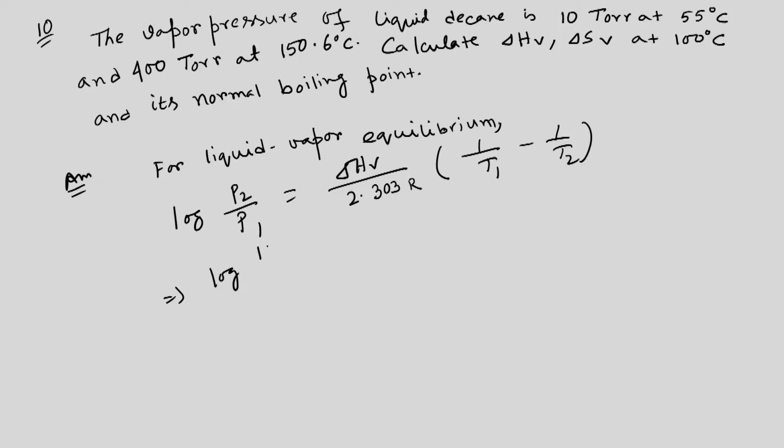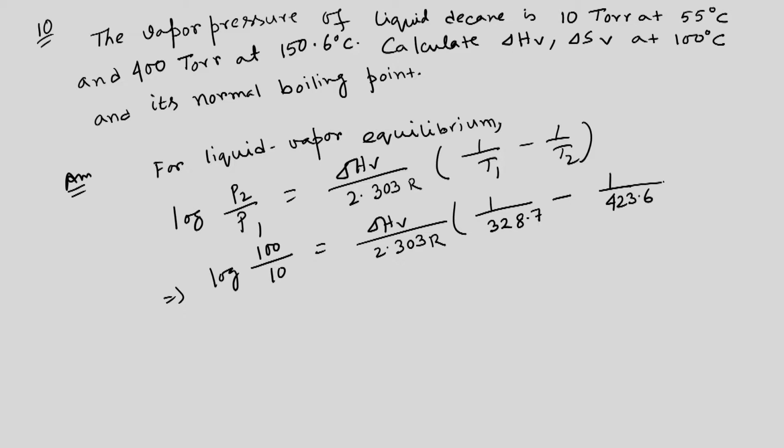So, log 400 by 10 equals delta HV by 2.303 R. T1 is our 55 degrees Celsius, so we can write 1 by 328 minus 1 by 423.6. If you further simplify this one, we get delta HV is 45 kilojoule,